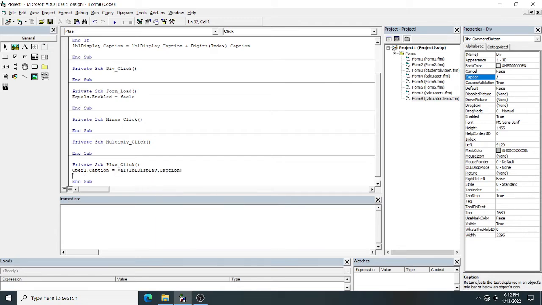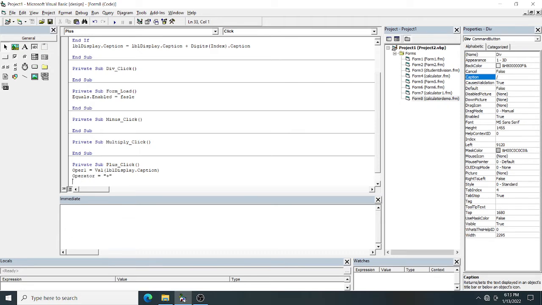After that, here you have to specify. So this is operand 1, you have specified operand 1 here. So operand 1 is your variable, and operand 1 equals the value of your display. Whatever is there in the display, that number will be converted into a number and stored in operand 1. Next is your operator. Because it is plus, the operator will be plus, you have to type here.